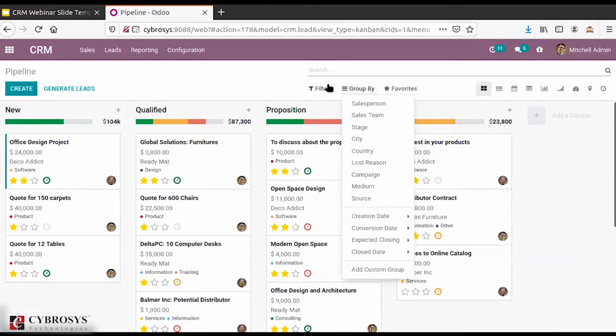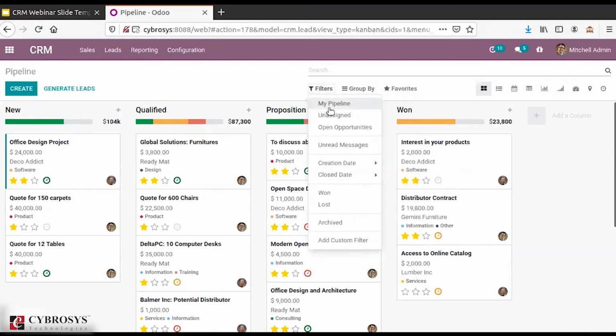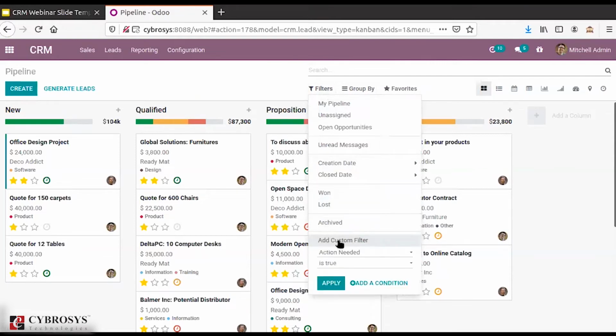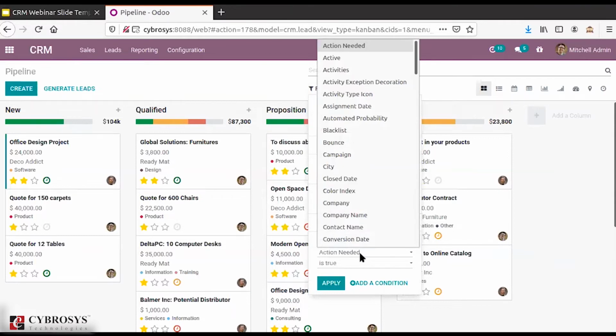Here also we have certain options like there. Then here we also have the options to see the won as well as the lost opportunities. Here we also have the custom filters. On the basis of our need, we can also add the custom filters.